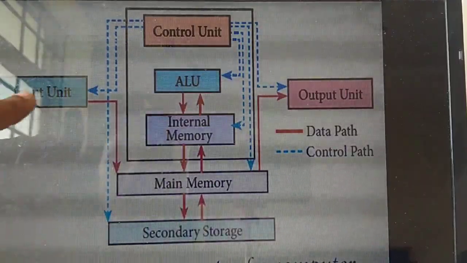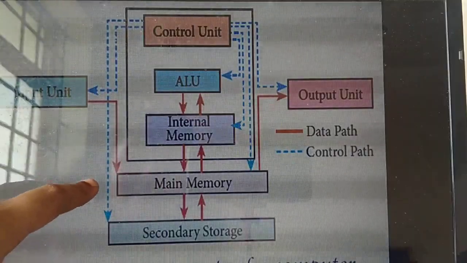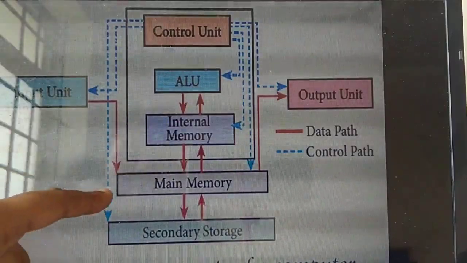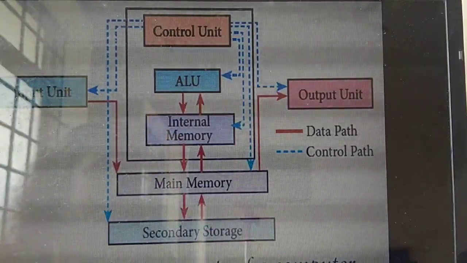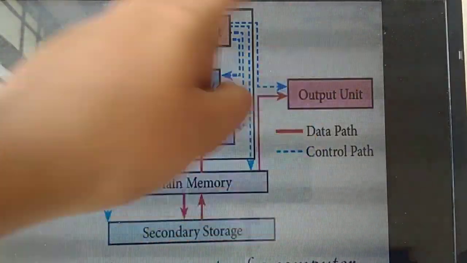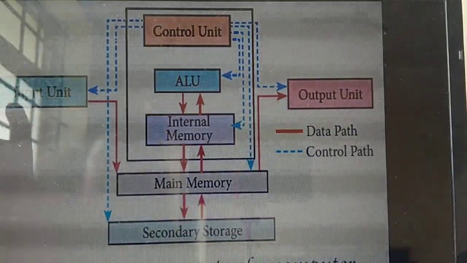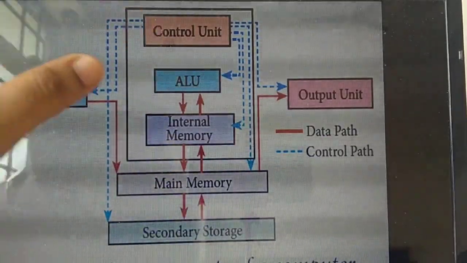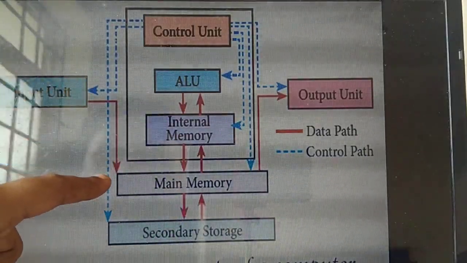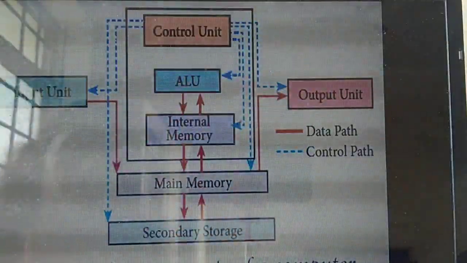So if I am giving the input, it goes directly into the CPU. Inside the CPU, the processing is going on. After the processing, the things are stored in memory, and from memory you are getting the output. See the red color line, then only you will understand. I am giving input, this input enters the CPU, it processes the data and enters the main memory. From this main memory, after processing, it gives the output.